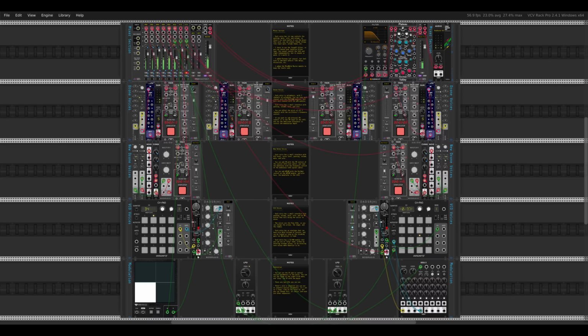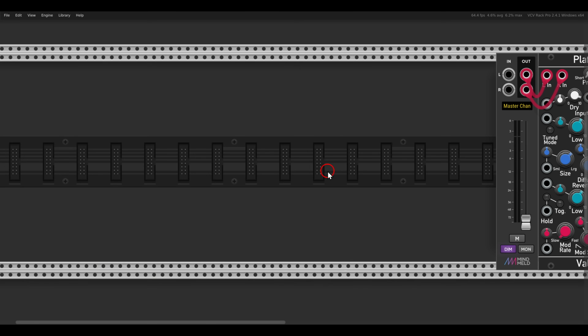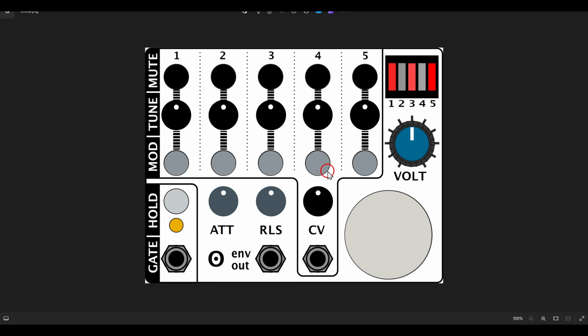Today I want to show you how I built this drone machine setup in VCV Rack, very much inspired by the Solar 42 synthesizer. So let's start by taking a look at the different sections. We will start with the first voice, a drone voice built out of 5 saw waves that we can individually